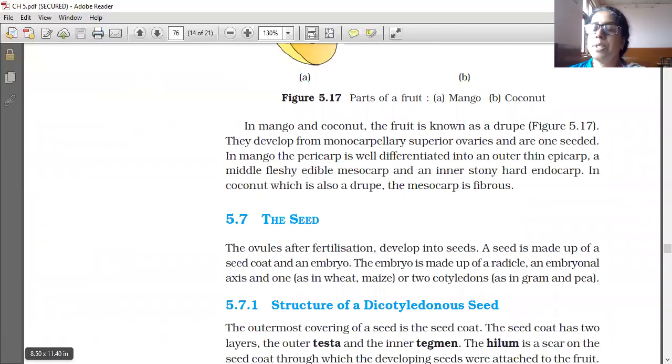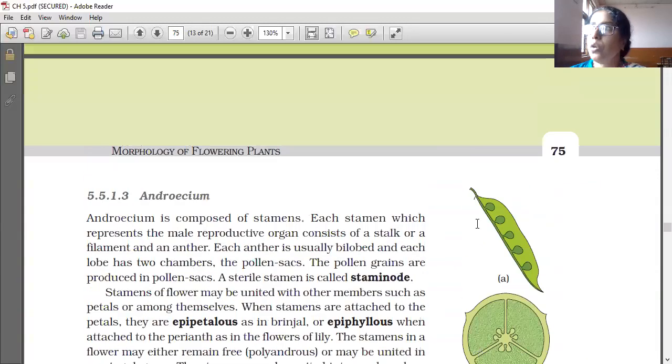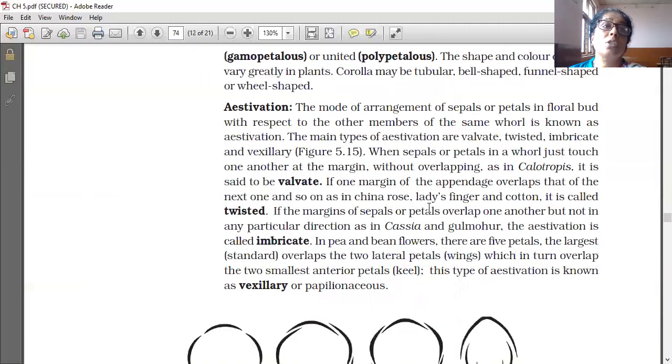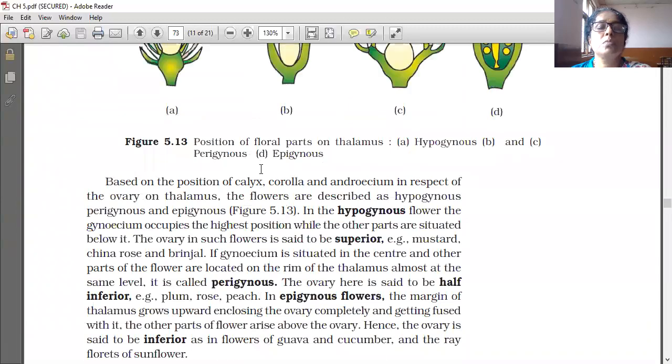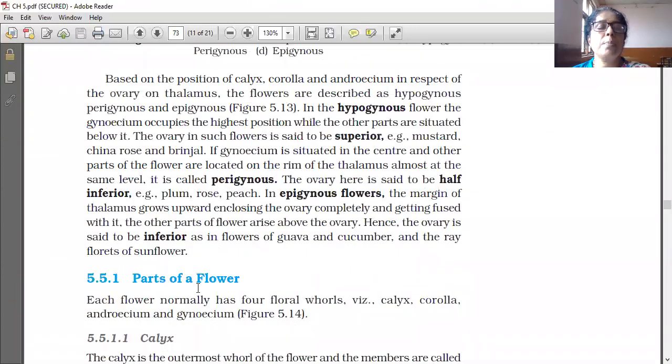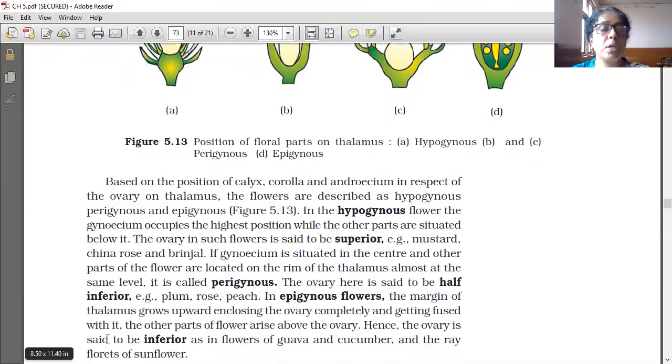So one more time we will see the portions we covered today. Now we are going to the fifth lesson, which is also going to be completed. All of you are preparing for the unit test, lessons number 1, 2, and 3. Starting from the parts of a superior ovary, I will show you one time. This is called the superior ovary. This is semi-inferior, half inferior and half superior. This is fully inferior, because all the floral whorls are above.